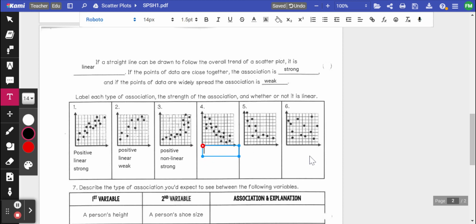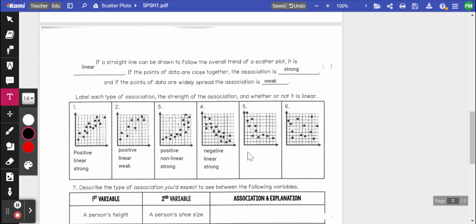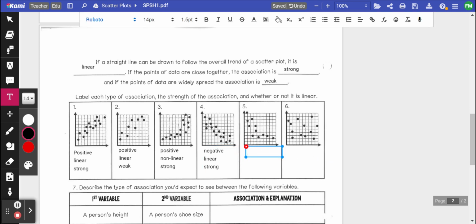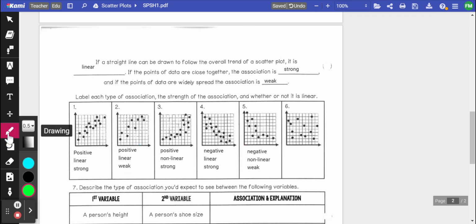Go to the next one here. What do we have? Negative, linear, strong. Number 5. This one I am going to call negative, non-linear, and I'll show you why in a second, and weak. The reason why I said non-linear on that is if I go and throw a line on this,